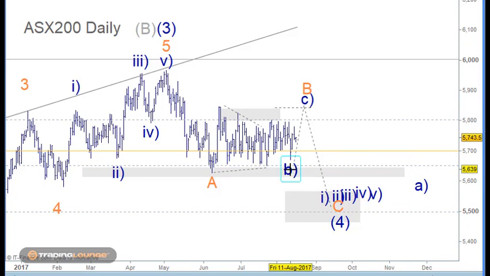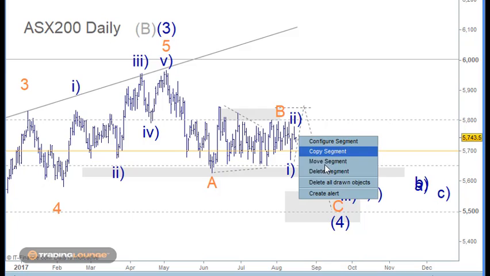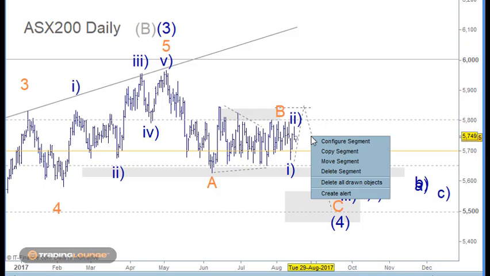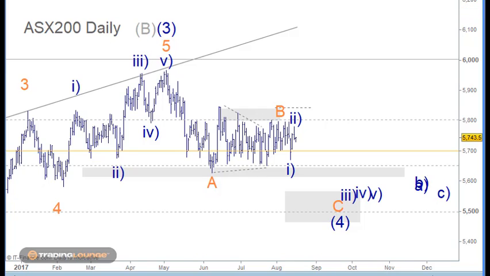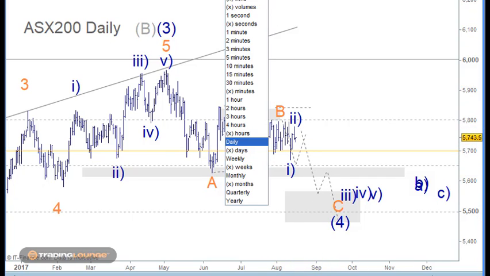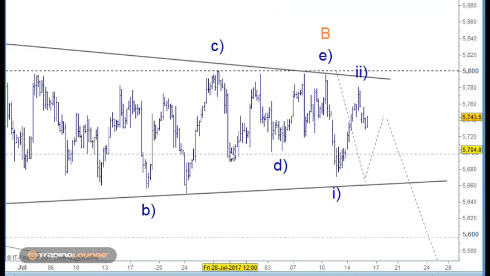This other move for the downside really places wave B here, and we're looking at wave 1 here and wave 2 sitting on this little one here, and we would be looking to move lower from this particular high. This is what we've been talking about: wave 1, wave 2, wave 3, 4 and 5. So if I go to the 4-hour chart and drill into that a little bit,